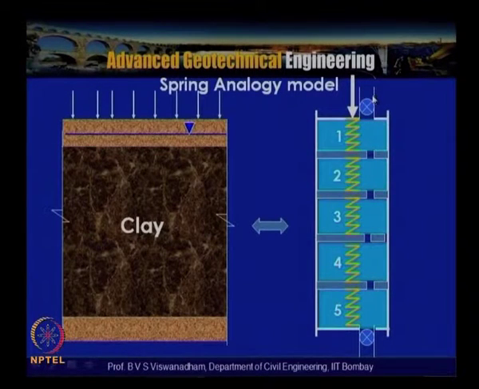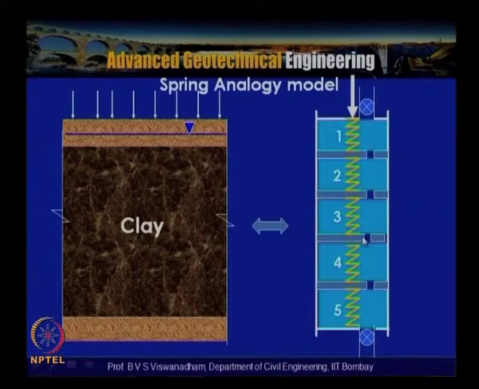If it is large permeability, the diameter is high, and if it is small permeability, the diameter is small. This is a piston which is movable, and it is divided into compartments, here shown as 5 compartments: 1, 2, 3, 4, 5. Between each compartment a spring of stiffness K is attached, another spring of K here, another here, and the 4th and 5th springs. All these compartments are interconnected, so that water can flow in freely.